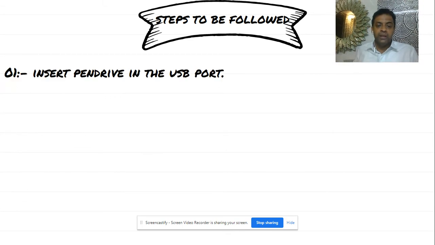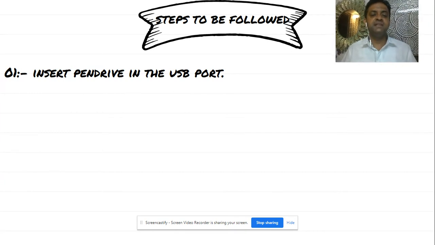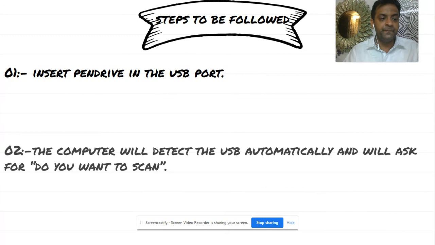Step number one, we require to insert a pen drive into the USB port. Right now, if you are having a pen drive with you, please insert the pen drive in the USB port. If it is not there, no problem. Just for the entire session, and after that, arrange all the things that you require, but please do it once in the day so that you will get a practice as how to transfer the data from computers to the pen drive. If any problem, you can see the videos again.